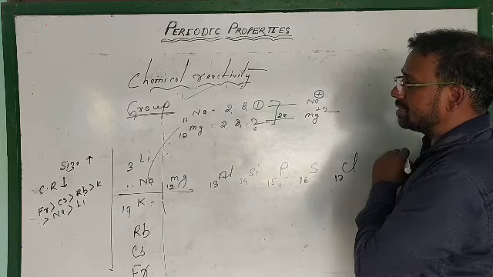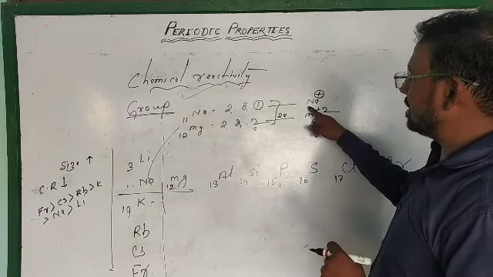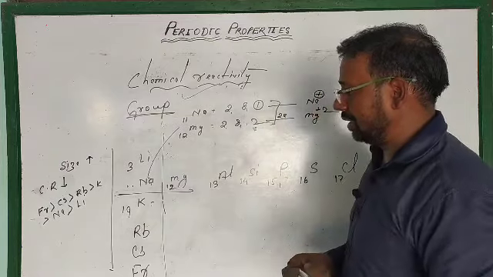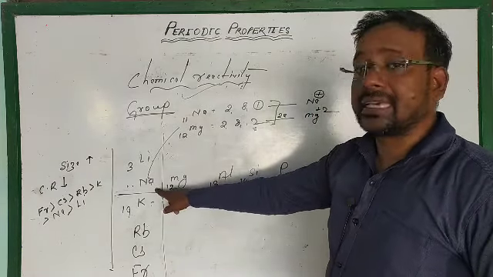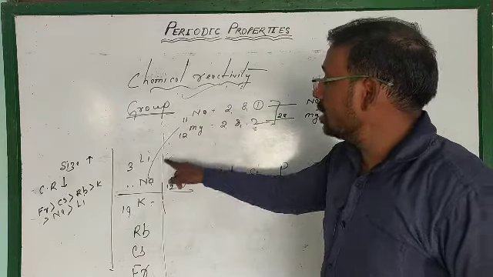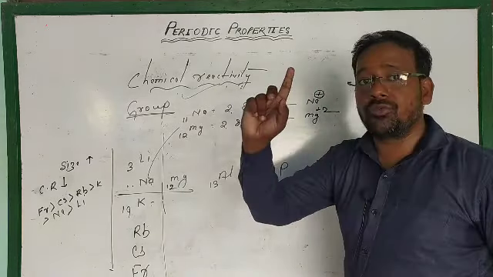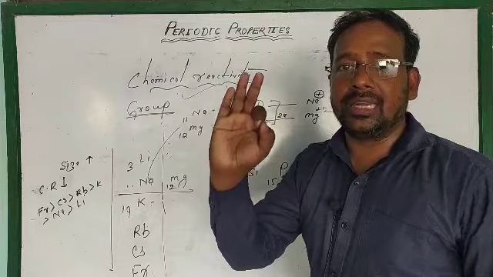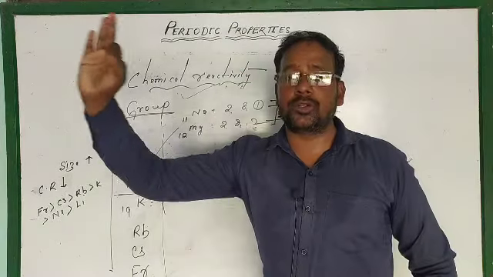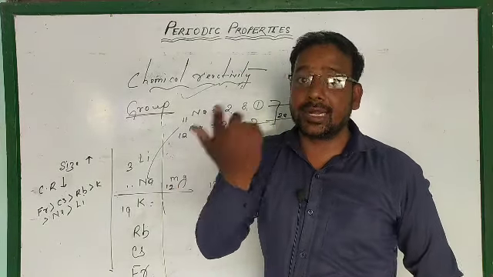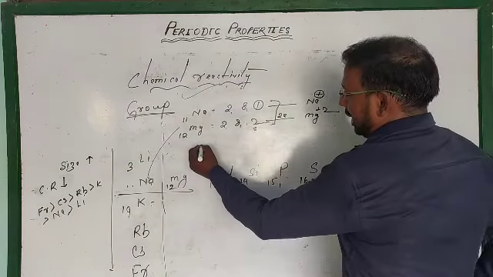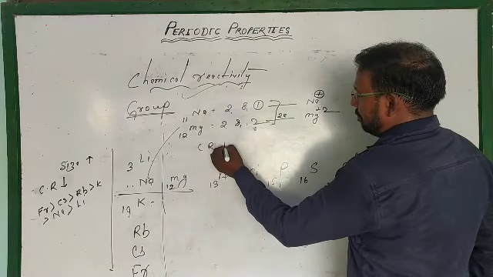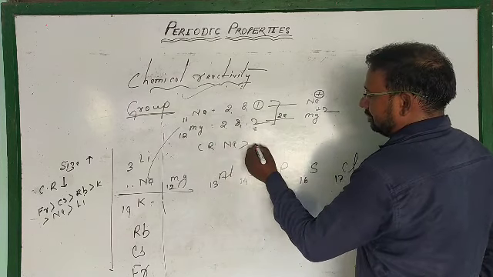So which one has more chemical reactivity? Simply, sodium, because sodium has to lose only 1 electron and becomes a cation more easily compared to magnesium. So the chemical reactivity of sodium is greater than